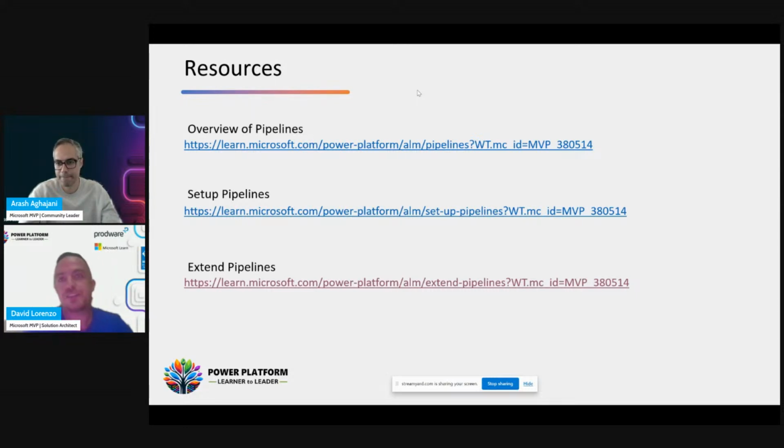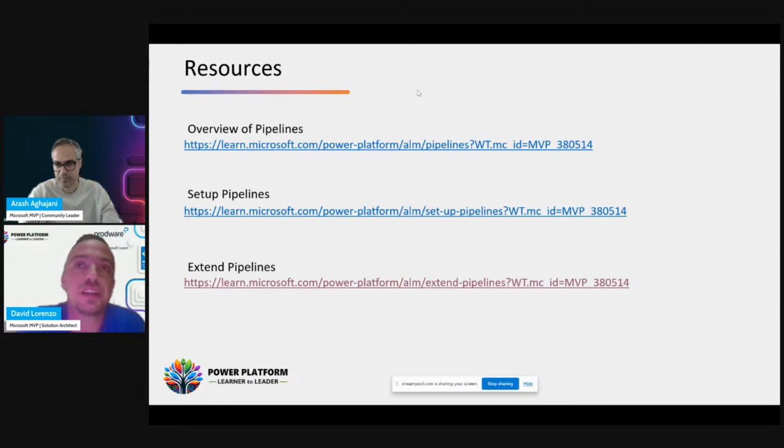Yeah, I think one of the most important advantages is that the Power Platform pipeline is a Microsoft Power Platform product, so it's native. The DevOps pipeline is also a Microsoft product, but it's not only related to Power Platform. So I think now and in the future, they will put more development effort into the Power Platform pipelines. That's one of the reasons I always try to use these new pipelines.